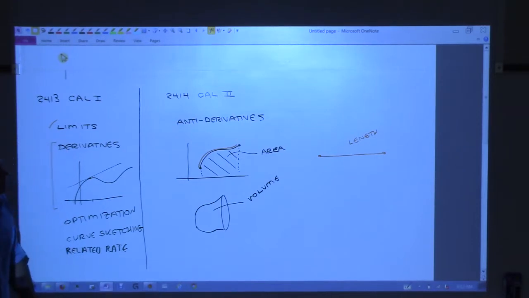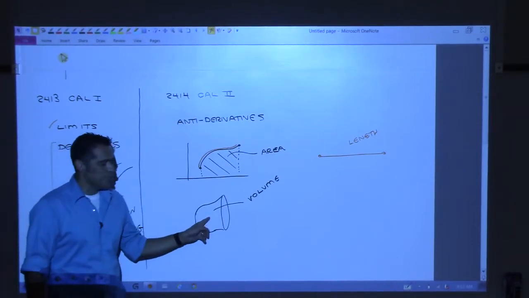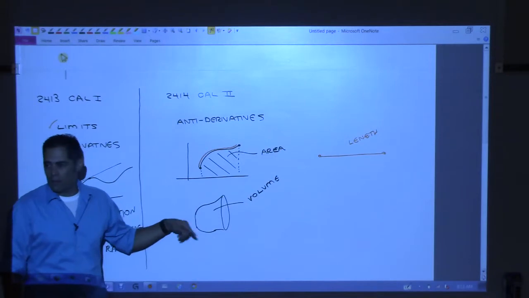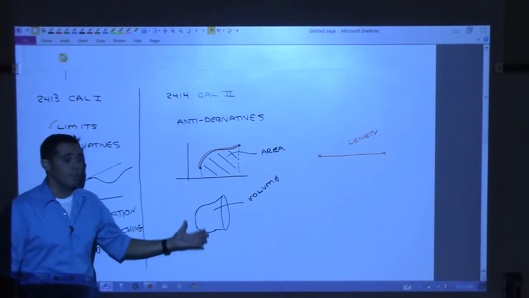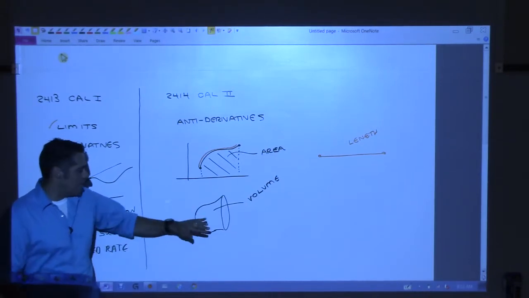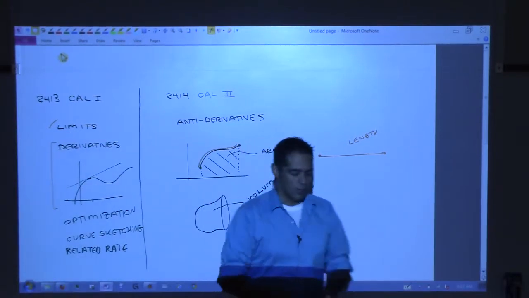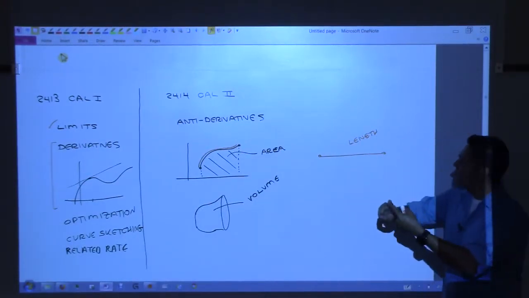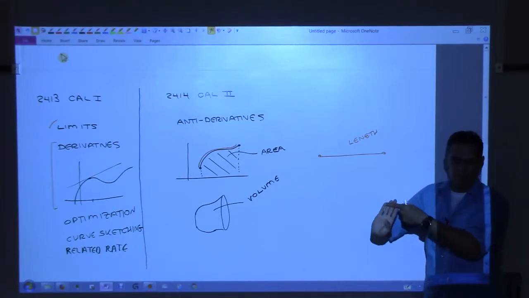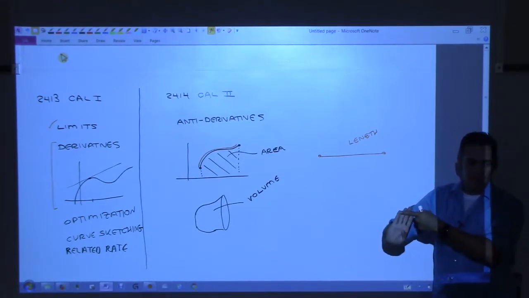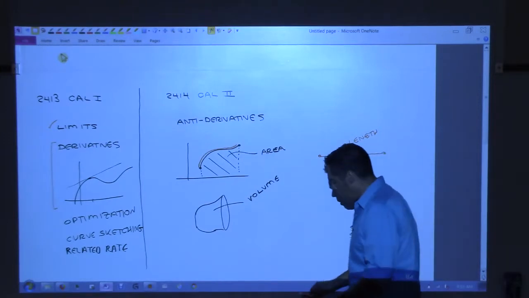And then we'll go back and we'll look at this again, and we'll say instead of talking about the volume of it, let's talk about the surface area. So like if you had to paint the outside of that bell, how much surface is there? So we'll do areas, we'll do volumes, we'll do arc lengths, and we'll do surface areas. Understand? And that will be our applications.